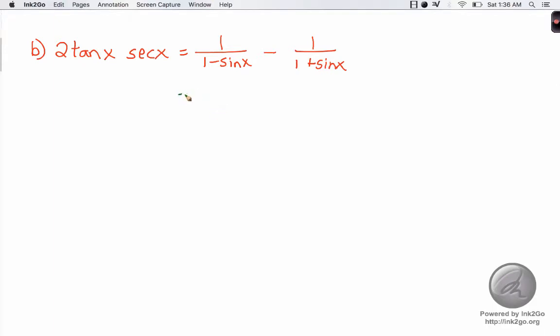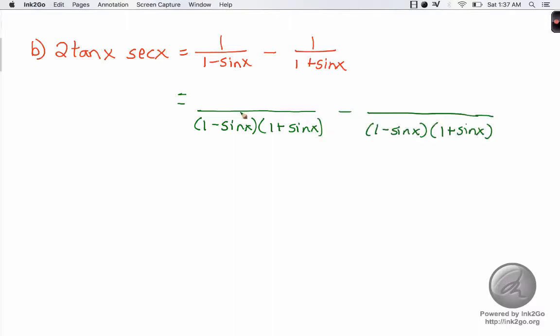Hopefully you recognize that the right-hand side of the equation is the more complex equation. So let's work with that side. And since I have two fractions and I'm subtracting, I need to find a common denominator so I can subtract the two fractions. I'm going to choose my common denominator to be 1 minus sine of x times 1 plus sine of x. For my first fraction, that means I need to multiply the top of this equation by 1